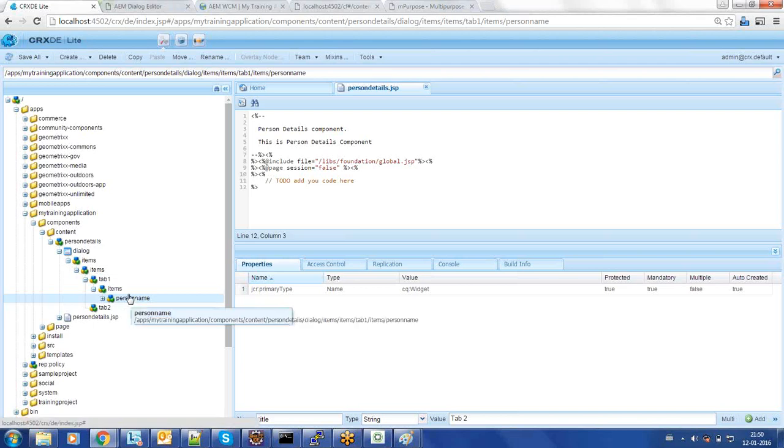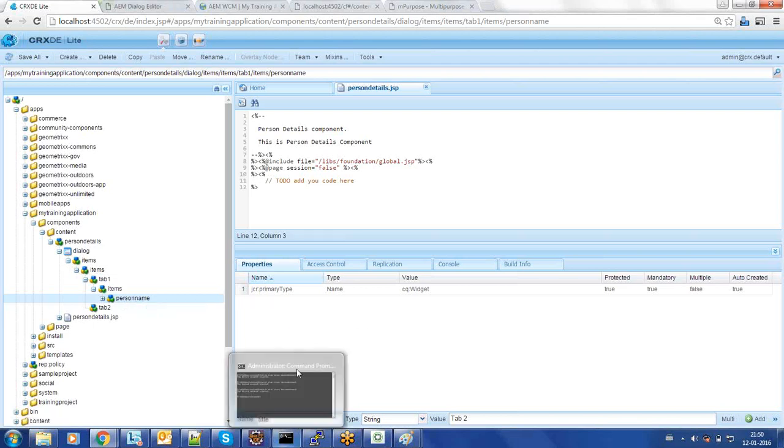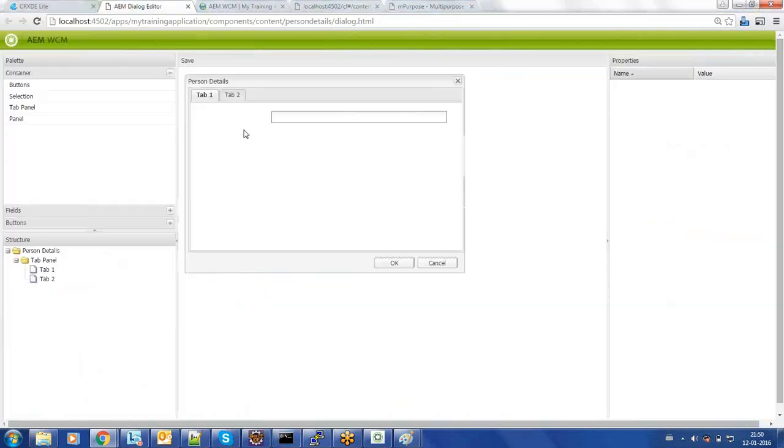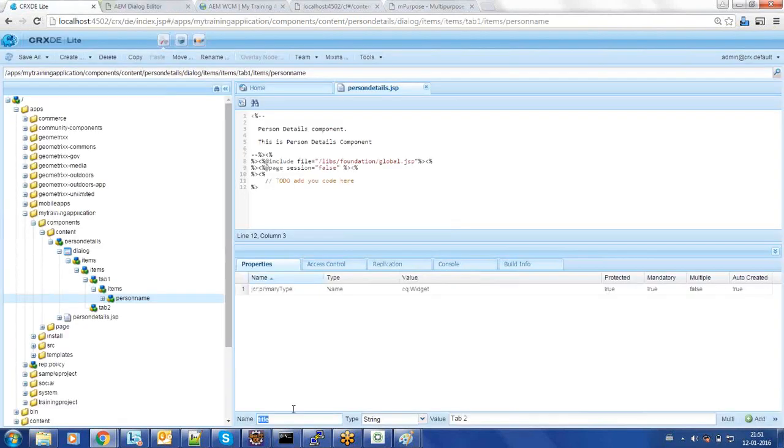Okay. And here I got a control, but when the author opens the dialog, he gets confused. What is this dialog? What do I have to provide here? So you have to decorate this. So for that, field label. Field label you have to give as person name,